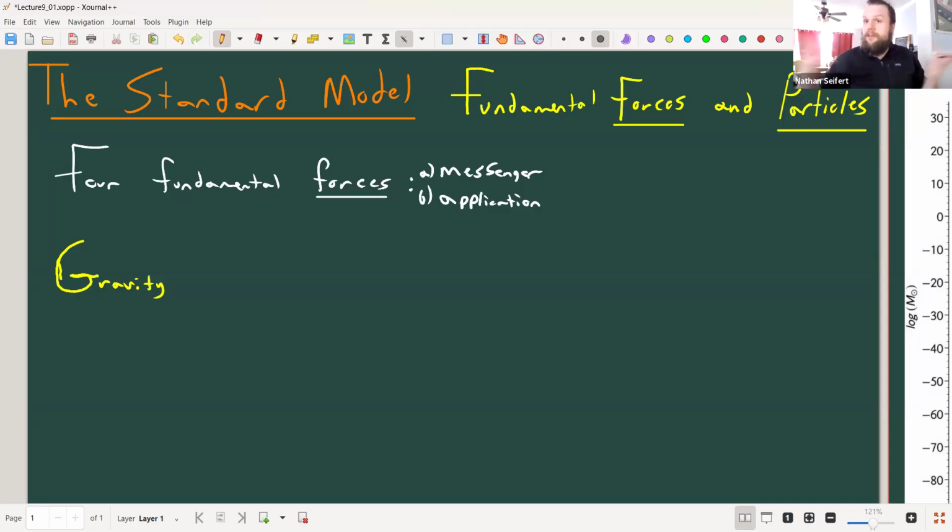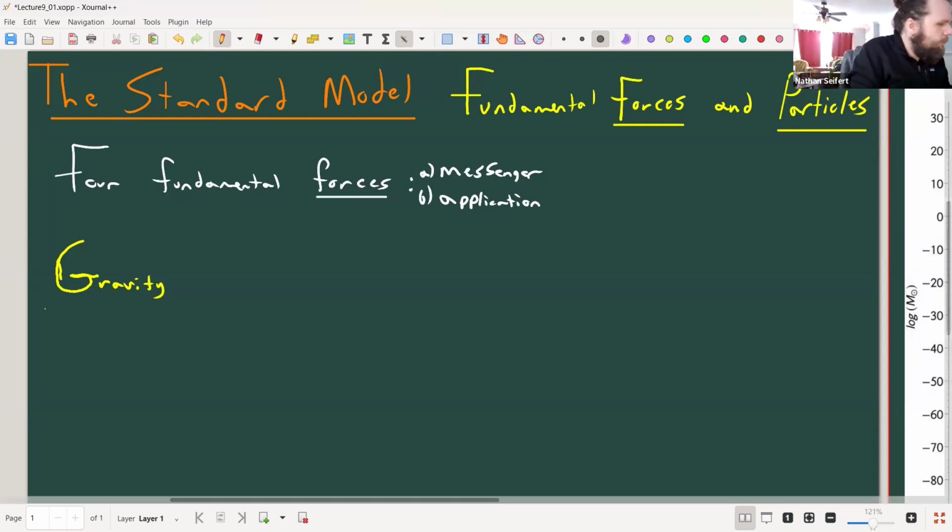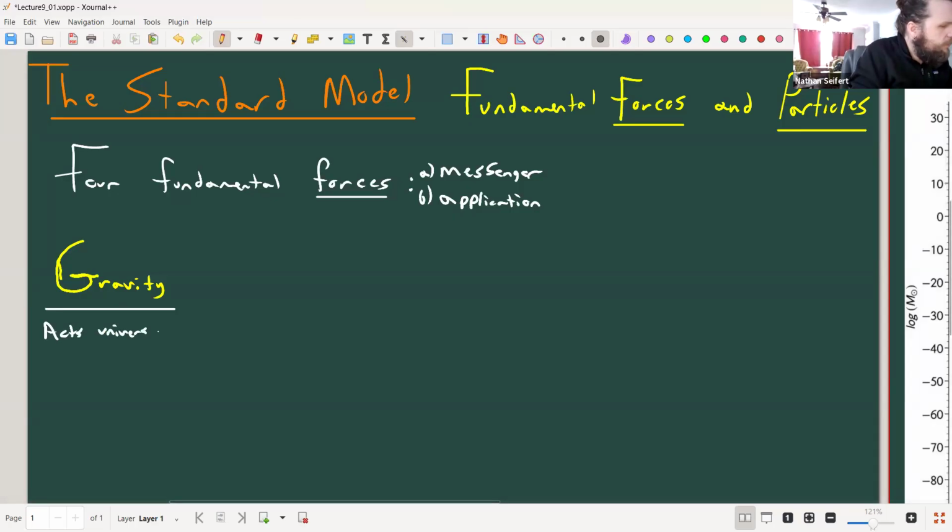That the earth is moving, and you've let the ball go, and the earth has now collided with the ball, right? There's multiple ways to interpret a gravitational force, and so it's not really entirely clear how this applies here. Though we'll see in the other forces, it's much more clear what the messenger is and how it's being applied. But in some sense, we get the idea that gravity acts universally on everything of a mass.